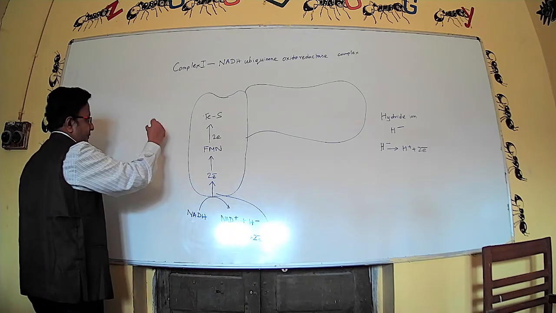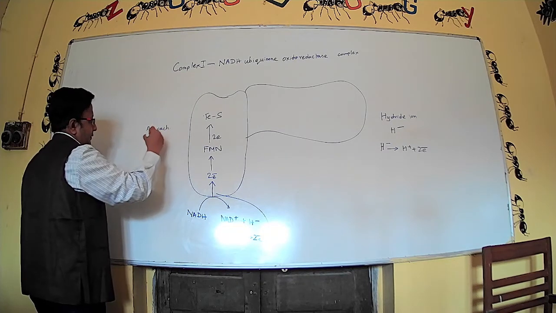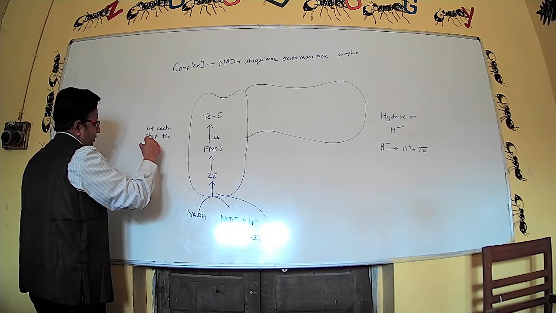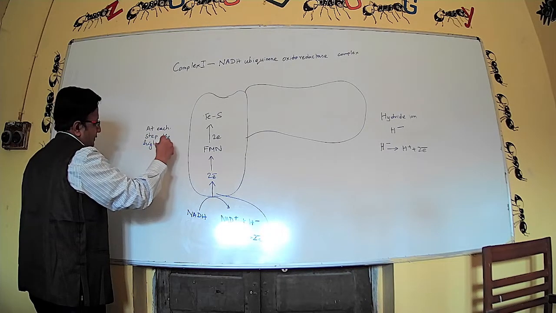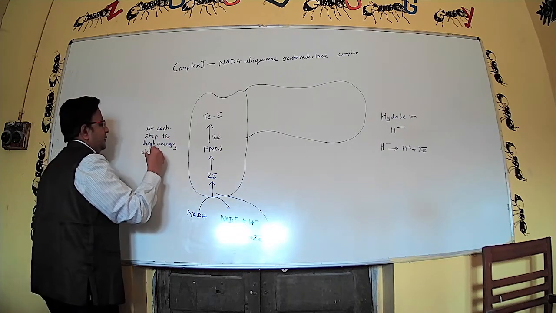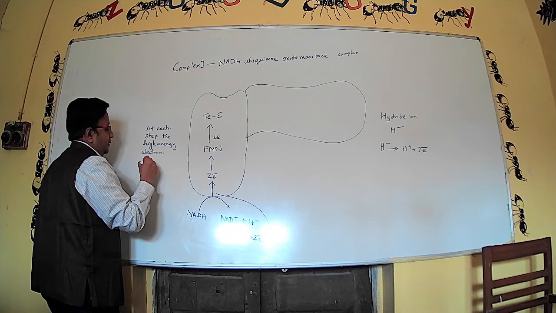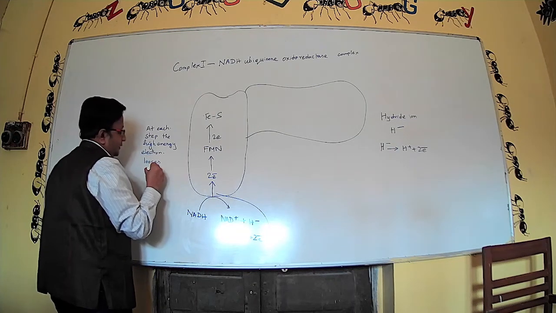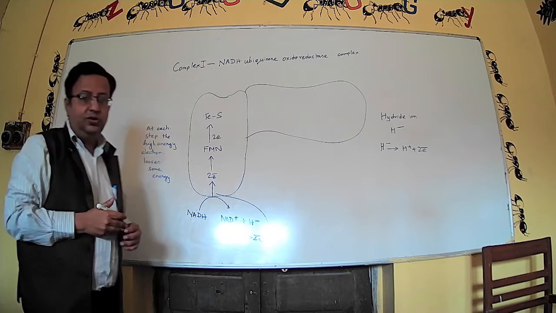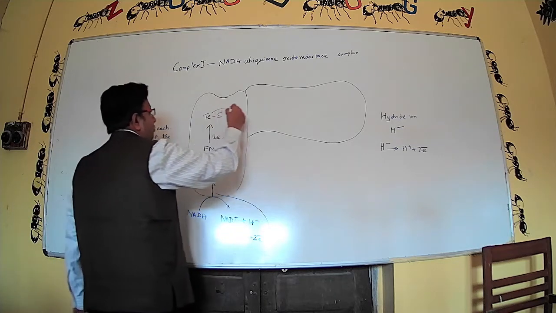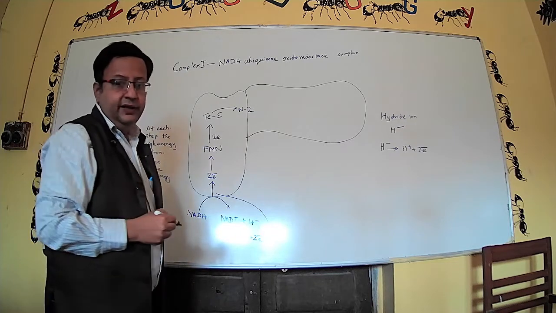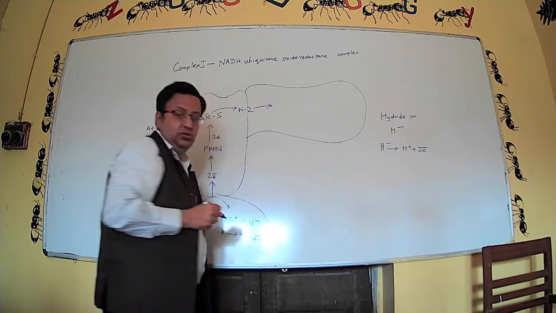At each step, the high energy electron loses some energy. It is utilized to pump H plus out. Now from here, it goes to an N2 center. It's also another iron center. N2 center. Then these 2 electrons,